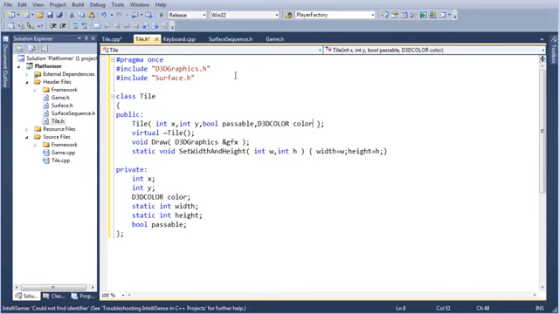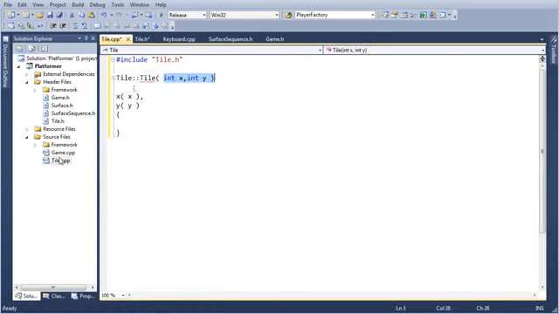Alright, this is gonna be a super simple constructor. We just go color, it doesn't exist yet, and passable. Delete that. I didn't explain that, but for what we're gonna do for the game, I'm gonna put that in the list right now.